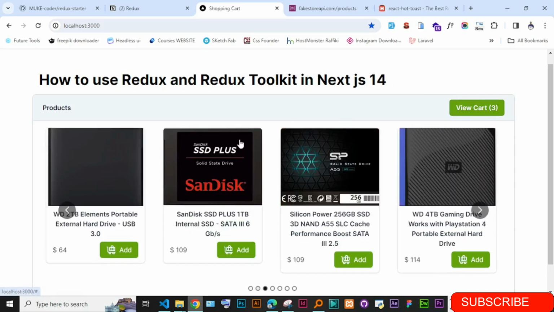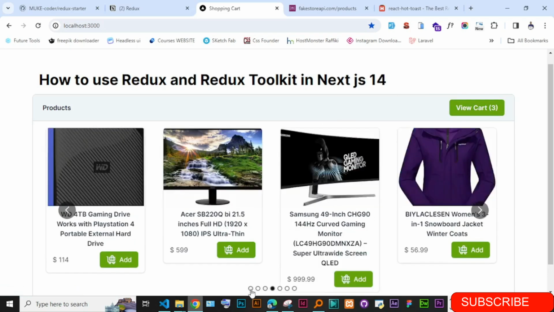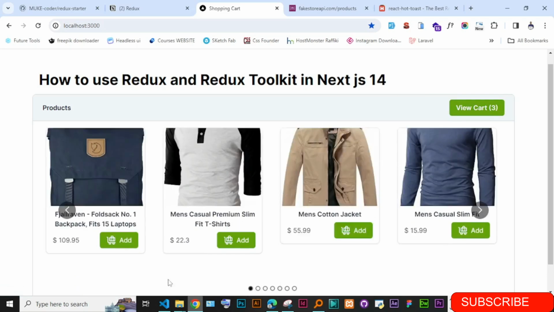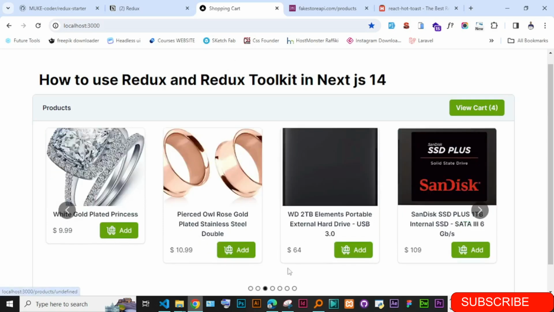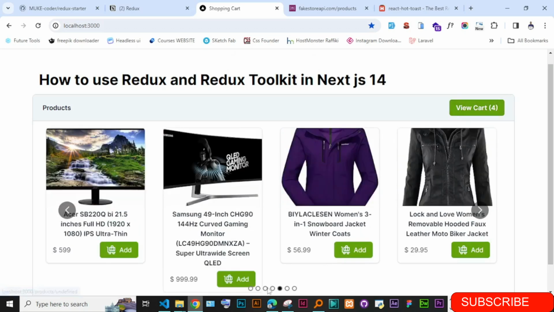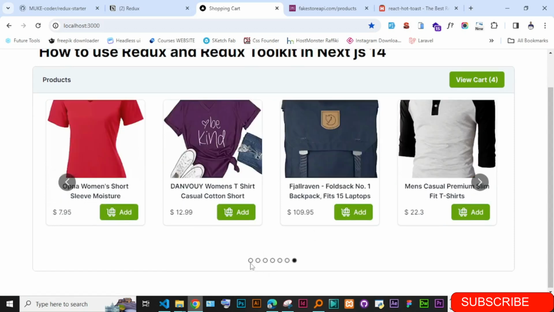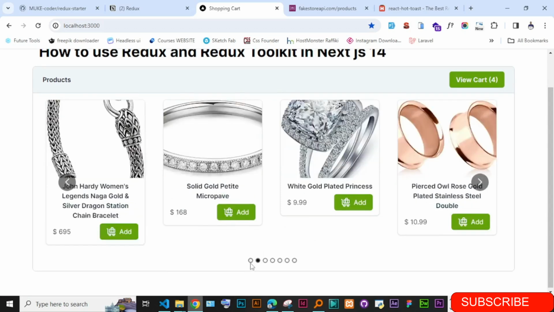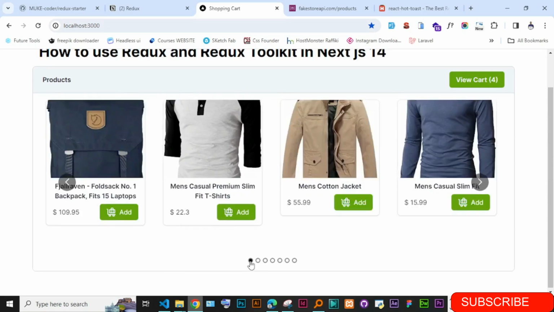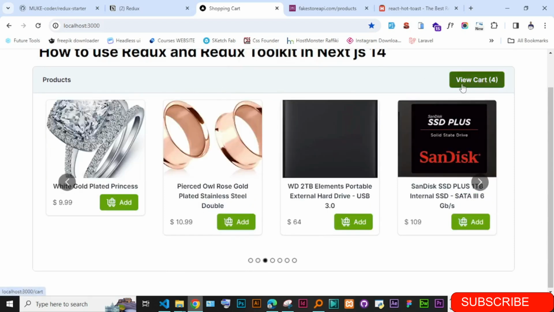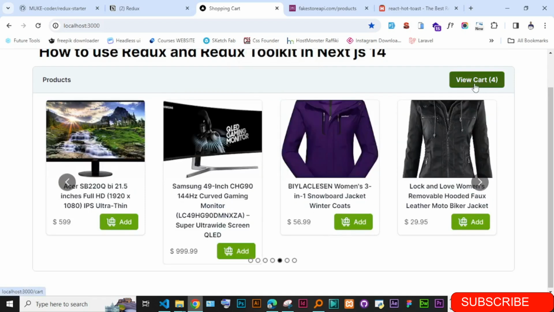Now we can just go ahead and look for the first item. We add it twice. Let's just go here and this bag, add it. Therefore, let's go back and add this bag one more time to show that it doesn't add duplicates. So if you have already added the item in the cart, it doesn't add it again. If I go one more time, add this, you see it added it, but it has not modified the cart